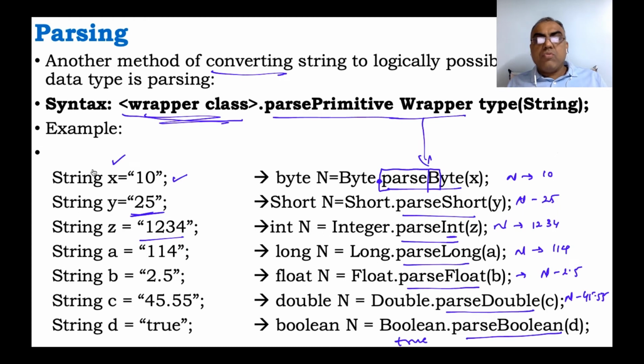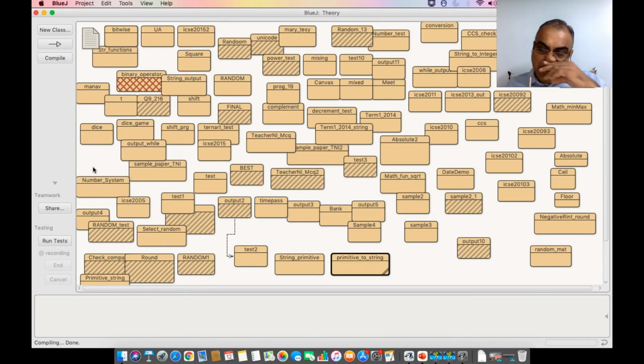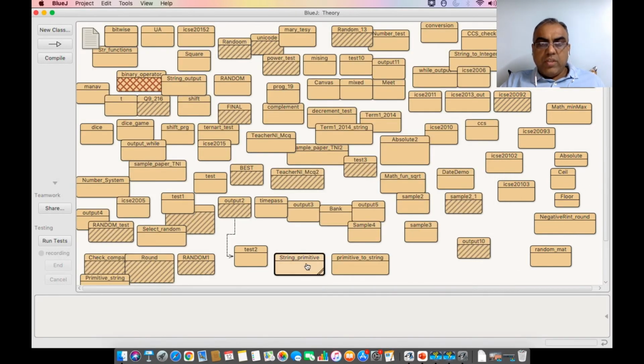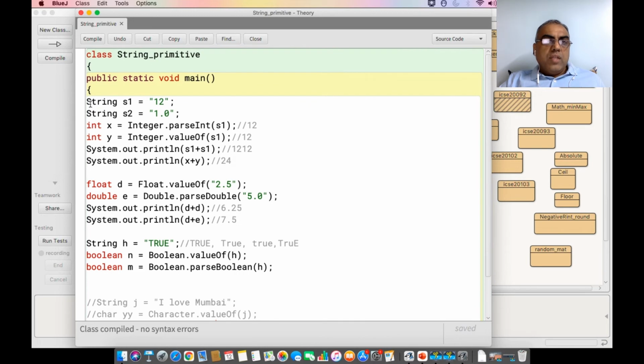So if I have to see a practical out of it, let us understand over here. We'll focus first on integer. So here is the integer that I have. Let's assume I have a string s1 equal to 12.